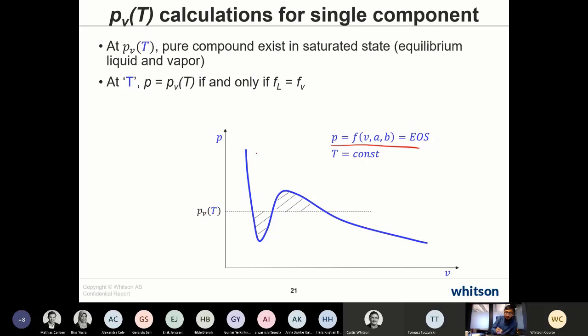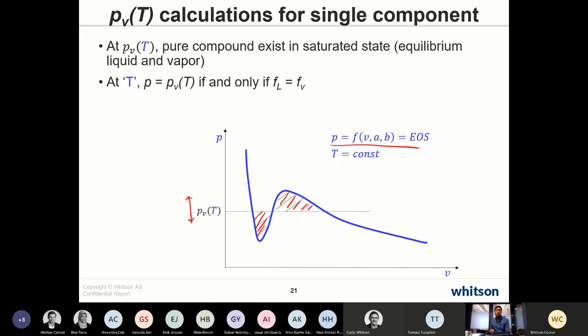So for a given temperature, that's the pressure-volume diagram, and we play with the vapor pressure. We move the vapor pressure up and down, and the pressure value where this area and this area under the curve become the same